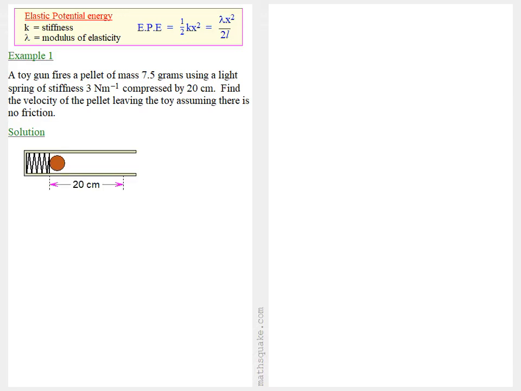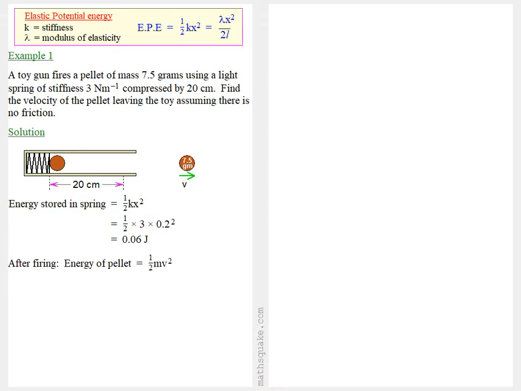Let's draw a diagram. Now the energy stored in the spring is a half Kx squared, which in this case is a half times 3 times 0.2 squared, which is 0.06 joules. Now if we look at the bullet as it emerges from the gun, suppose it's got a velocity v, then after firing the energy of the pellet is a half mv squared, which is a half times 0.0075 times v squared, and we're told that's equal to